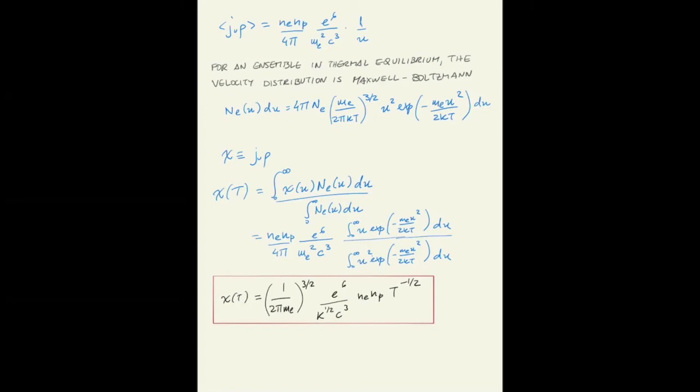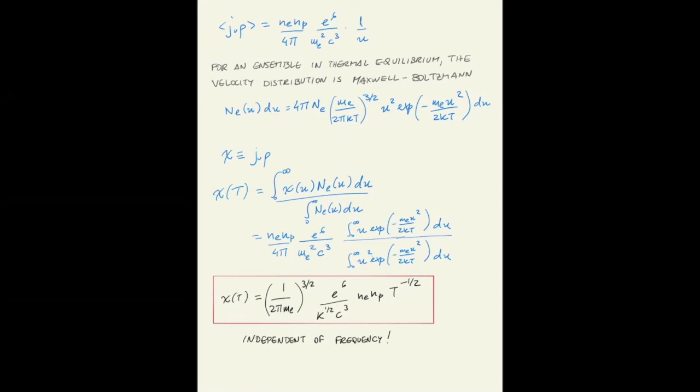We say that the emissivity does not depend on the frequency. It is completely flat. The electrons are accelerated in the electric field of protons. As electrons are accelerated in the electric field of protons, they emit photons of all frequencies and at the same rate. The Bremsstrahlung emission depends only on the number density of the emitters, the electrons,